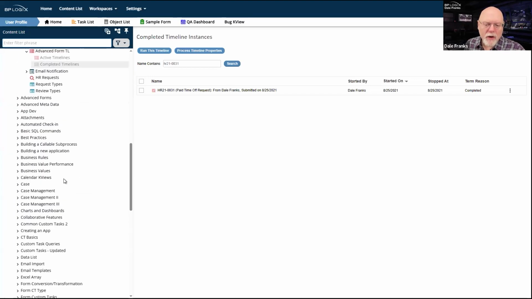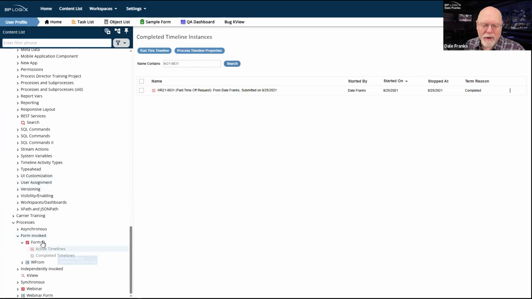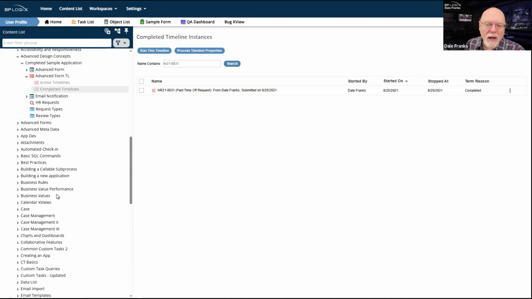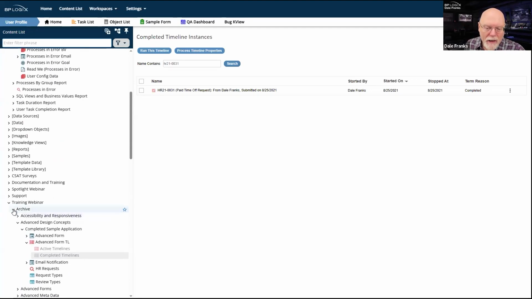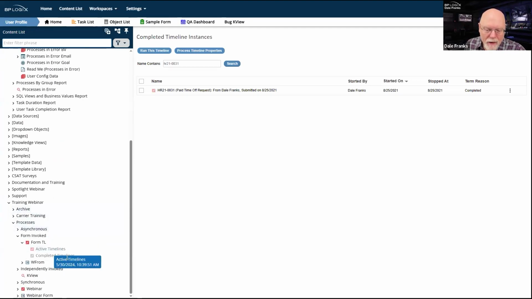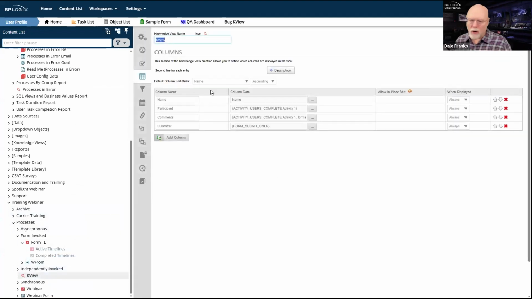So I'm going to create a knowledge view. And by the way, I want a currently running one. So I've created a knowledge view, and we'll go over this.